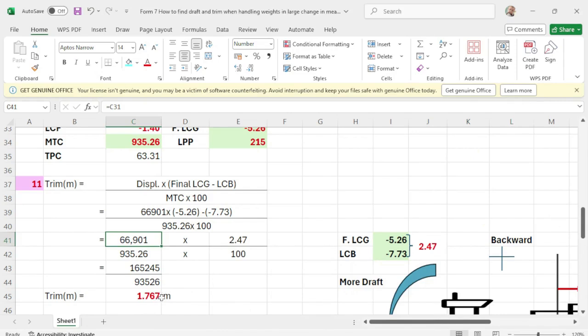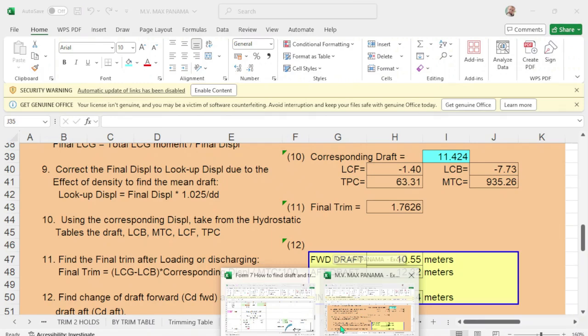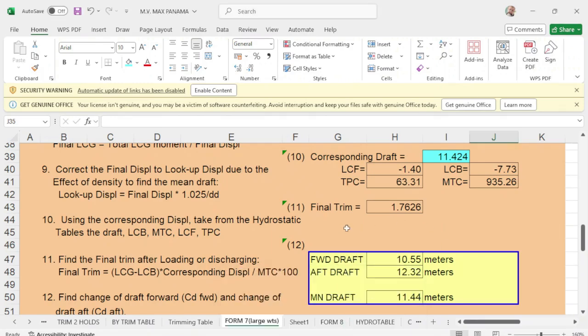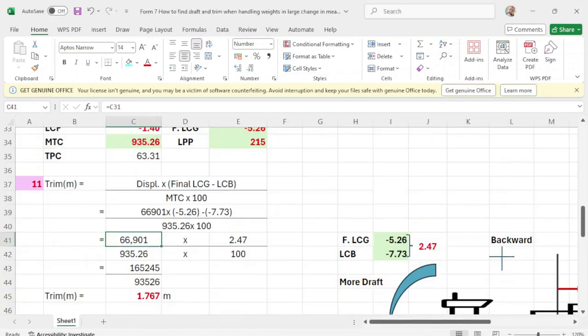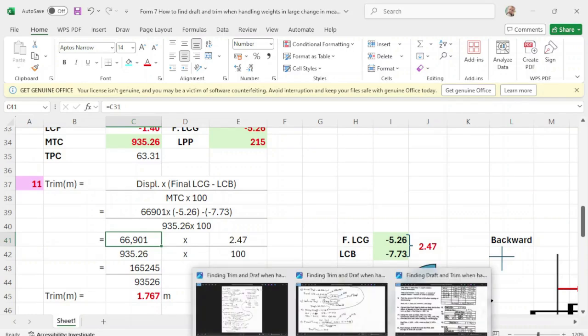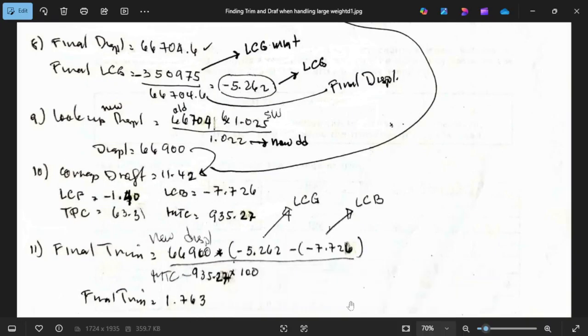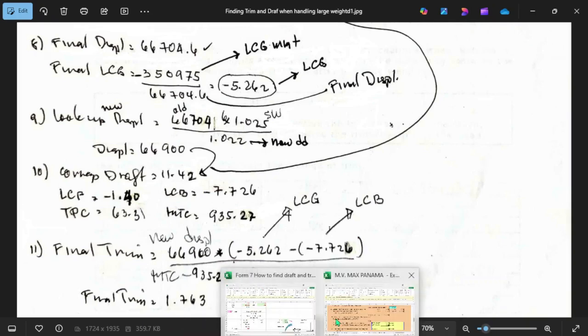Oh, you got here 63, and the trim of the program is 1.763. Okay, I got 67, you got here 63. Okay, doesn't matter. Now, once you have the trim,